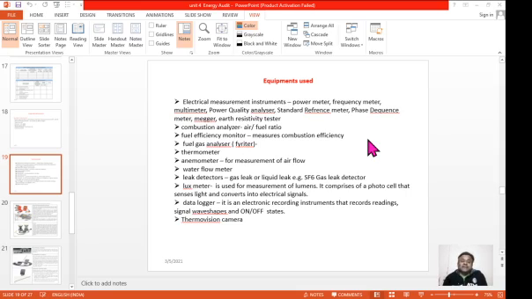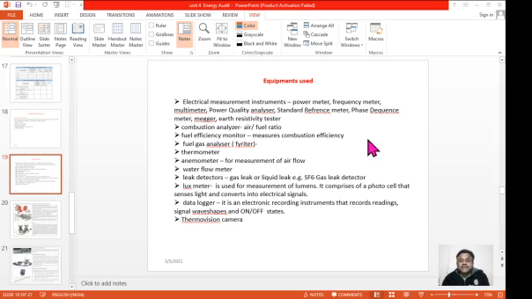Therefore, if the hotspot is beyond 100, then we have to attend it on top priority. So such type of information is provided by thermovision camera, and as I said, it is the blessing for maintenance engineers, because there is a substantial reduction in the interruptions because of thermovision camera. So thermovision camera is also taken for the purpose of energy audit and inspection, to watch whether there is a hotspot or not.